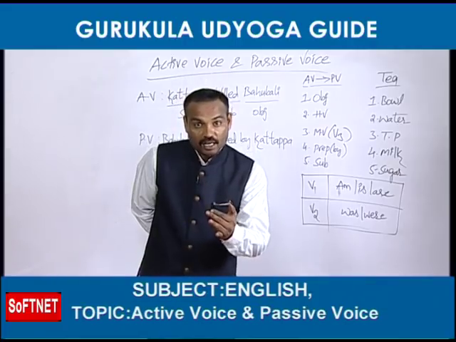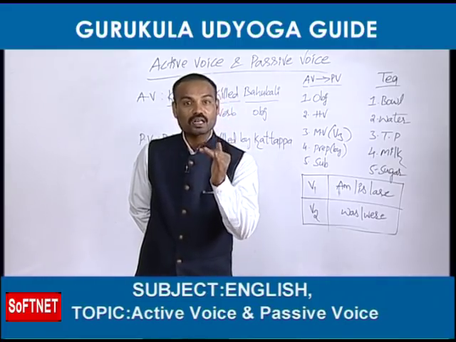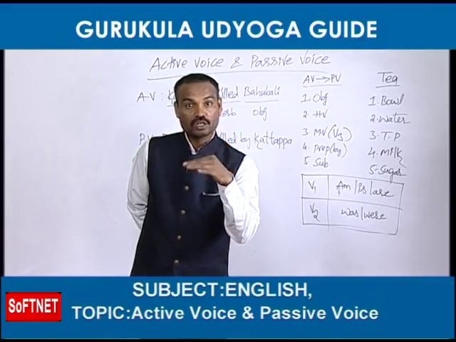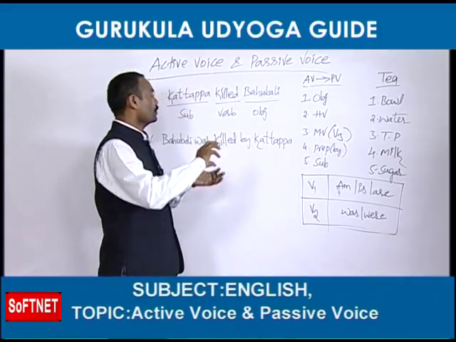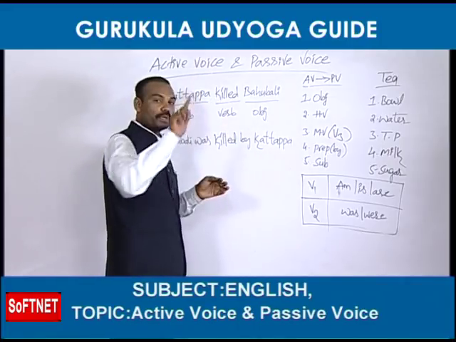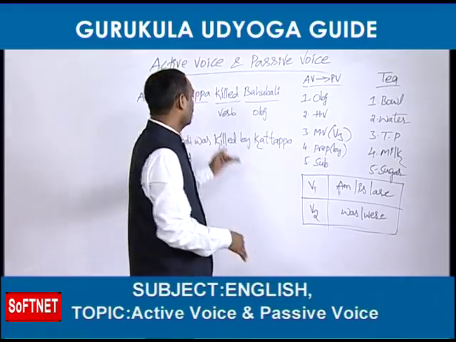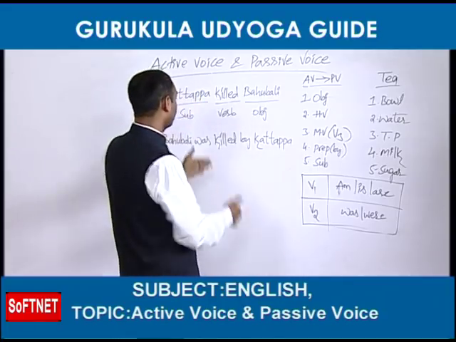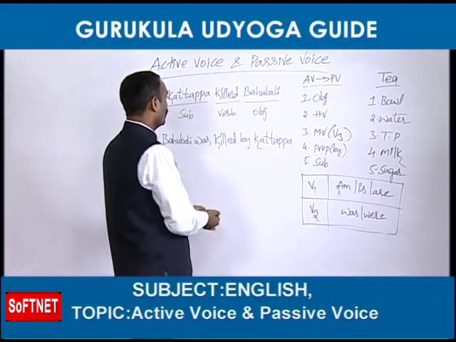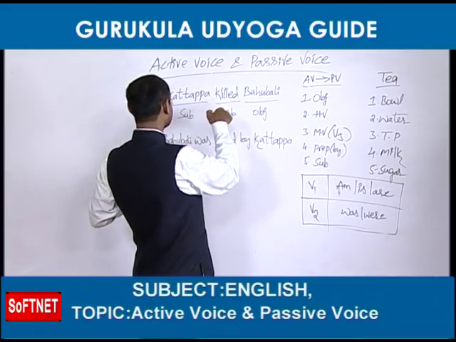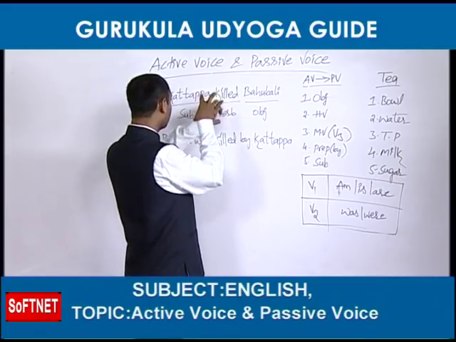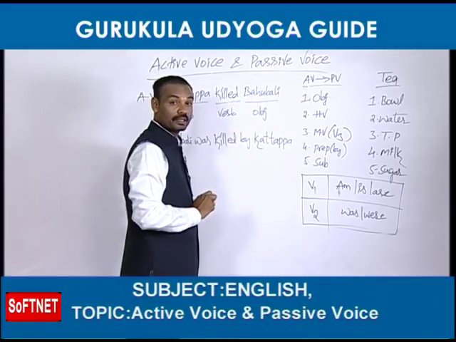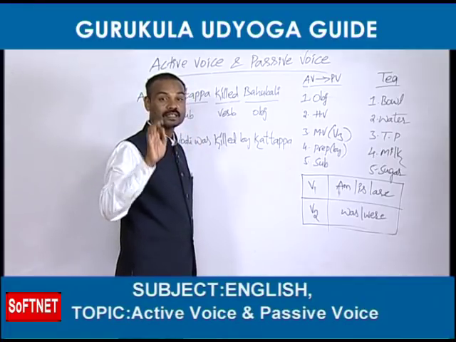Sometimes you can receive the answer when you ask a question with what. Some other times you can receive the answer when you ask a question with whom. So what or whom. If you ask a question to this verb by using what or whom, the answer comes. That coming answer is called the object. For example, this is the verb here, killed. Whom did he kill? Whom? He killed Bahubali. Right? The coming answer is called the object.